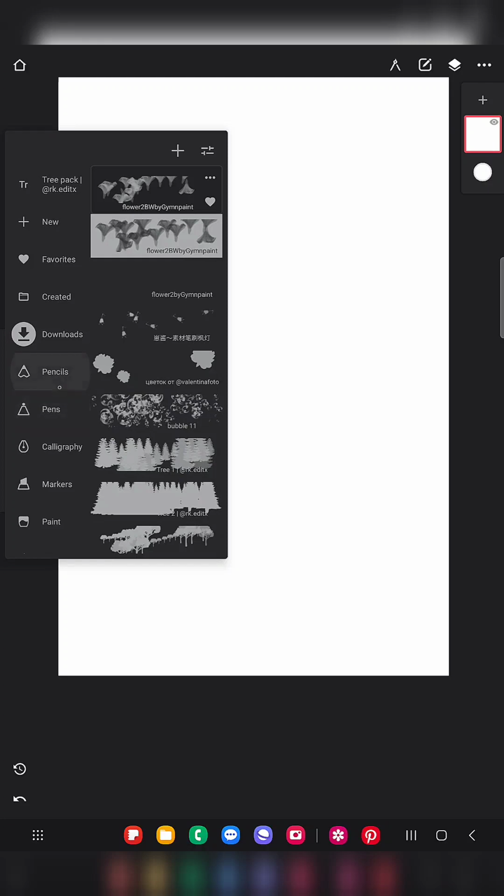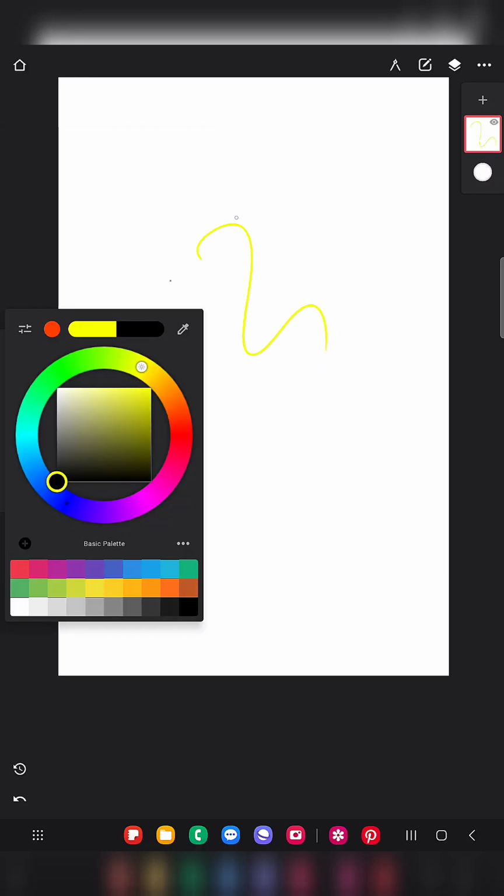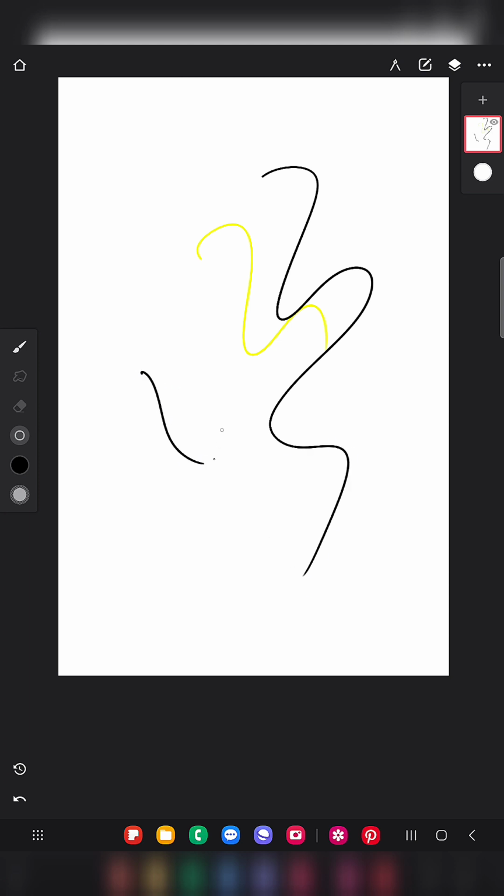Next comes the path tool. So with the path tool, we usually draw like this. Sometimes we need a perfect shape, but we don't get the perfect shape. So in that case,